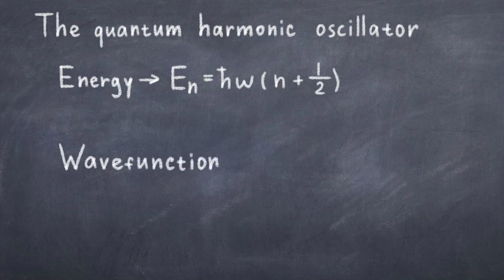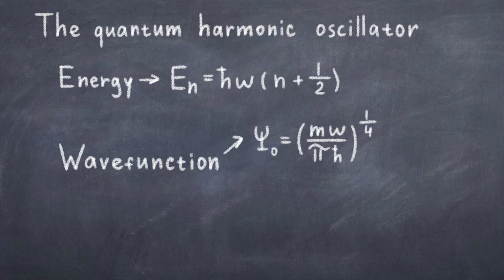Schrödinger equation. We can also solve the Schrödinger equation, and we then find that the ground state is given by the wave function, where psi naught, the ground state, is equal to (m omega divided by pi h bar) to the power of 1/4 times e to the power of minus m omega divided by 2 h bar and then times